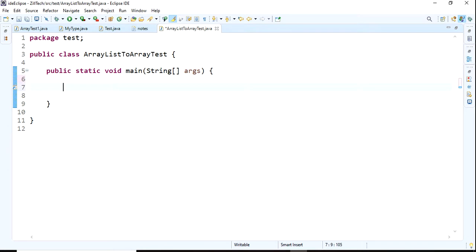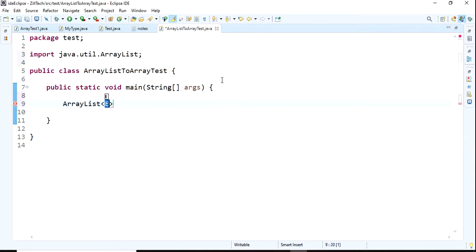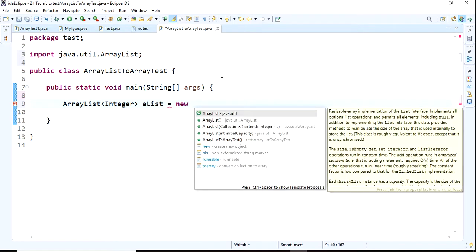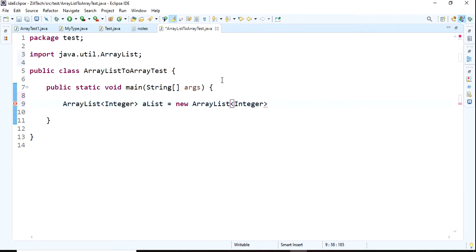First I want to take one array list, and here I am taking one wrapper class, Integer. I'll give it a list, nothing but ArrayList equals new ArrayList of Integer.